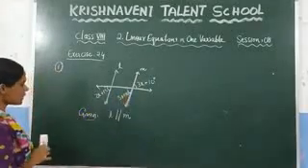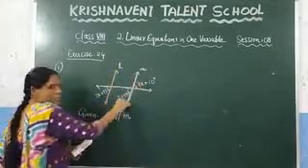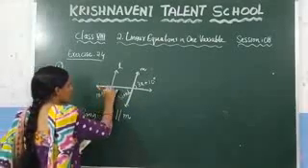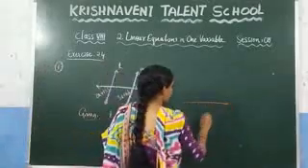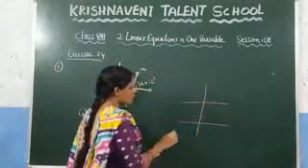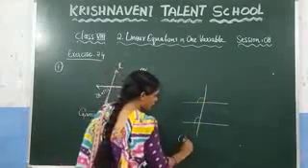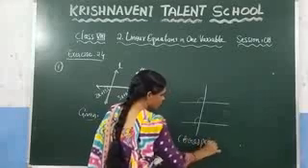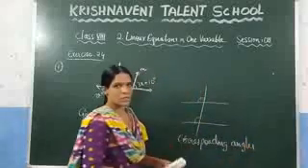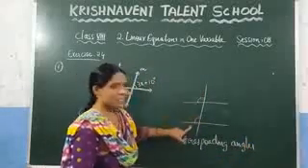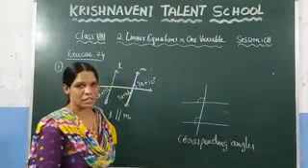Now, what is the condition given here? L is parallel to M. These two lines are parallel, and this is the condition they have given. We call this one a transversal. You already studied in the 7th class, with a transversal, what do we call these angles? We call these angles corresponding angles. What are corresponding angles? These corresponding angles are equal. Corresponding angles are the angles lying on the same side of the transversal, where one is interior and the other is exterior.